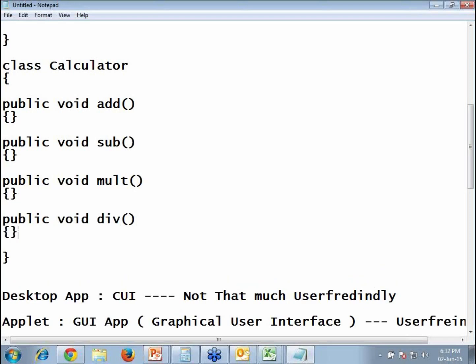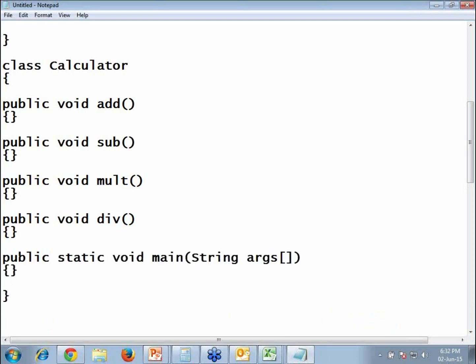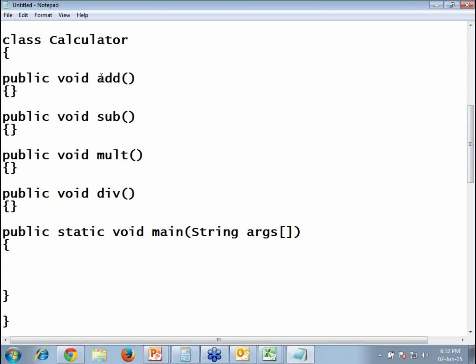So what I am doing here is, depending on the operation, taking that many procedures. And the other thing is that we have the main method, public static void main, String args. What is the complexity here? The complexity is that first we have to know the operation, whether you want to perform addition, subtraction, multiplication or division. So first we have to count for the operation.